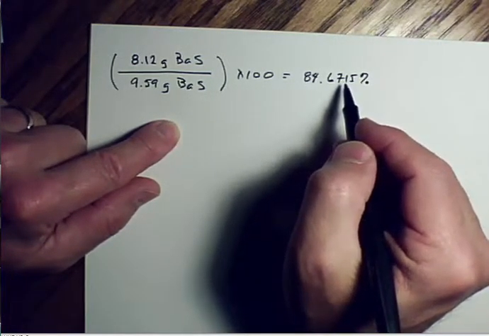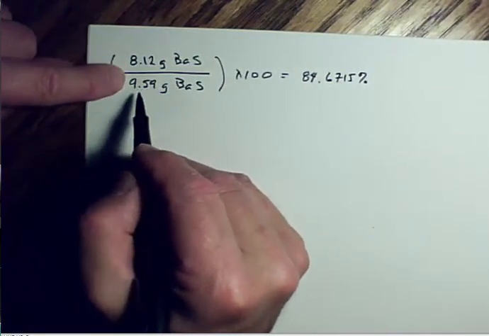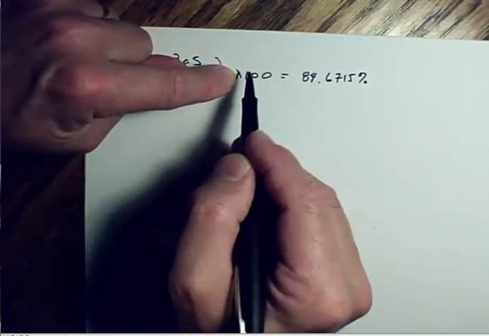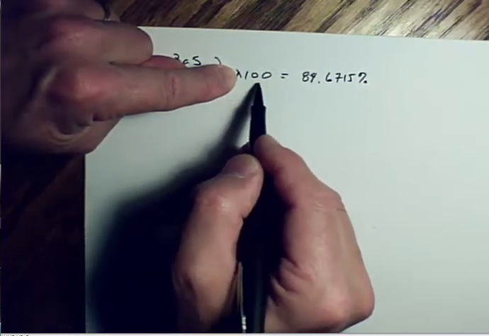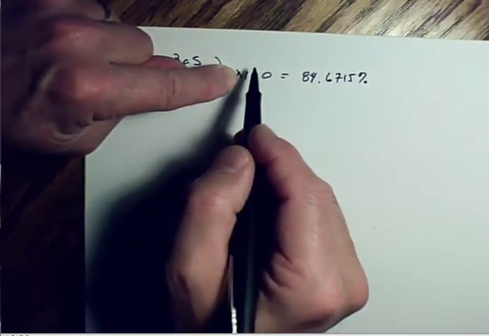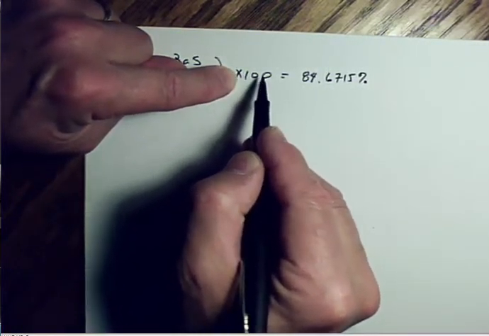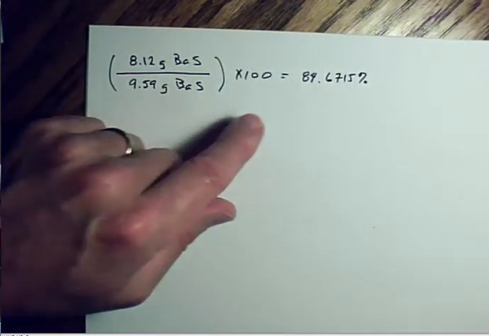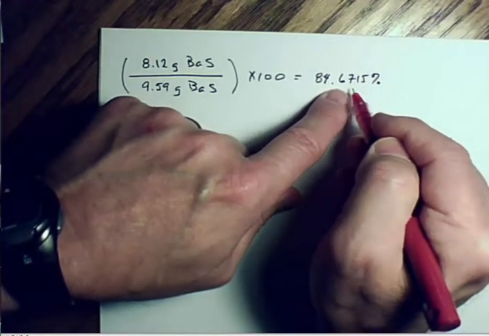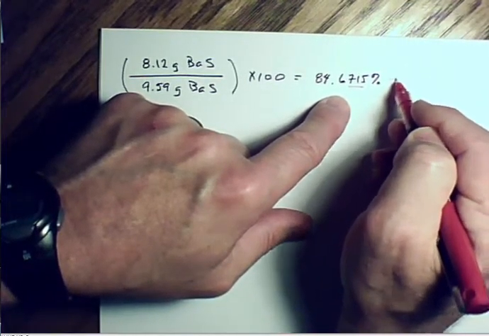And we're going to round that off properly. So there's 3 digits in this number and 3 in this, and the 100 doesn't count. Okay, that's an absolute number. So we don't use that. It's kind of like a counting number. We don't use it at all for figuring out significant digits. We've got 3 digits in these 2 numbers. We want 3 digits in our final percentage number, and we get